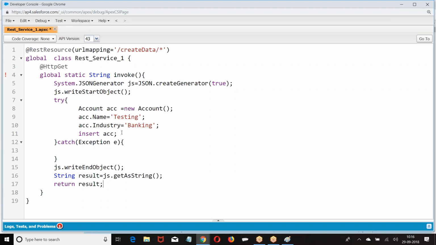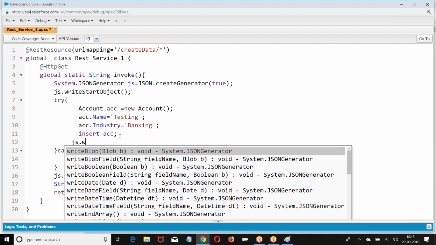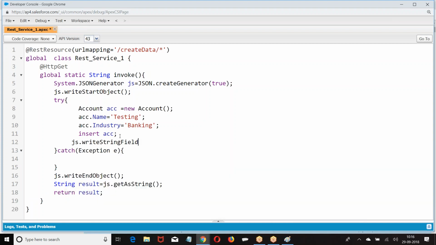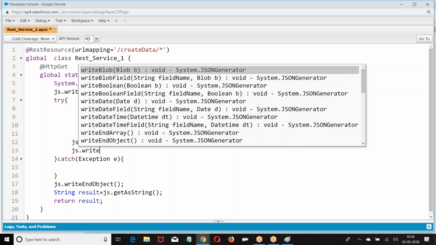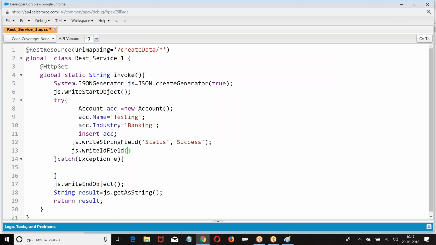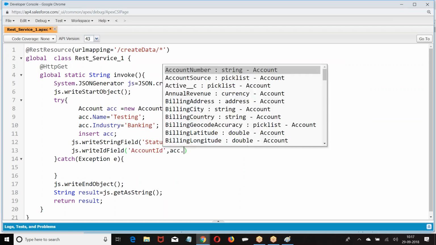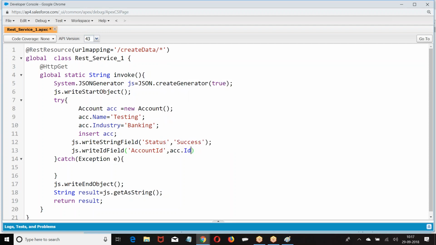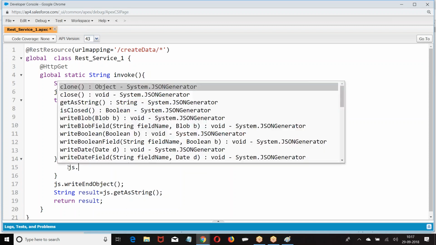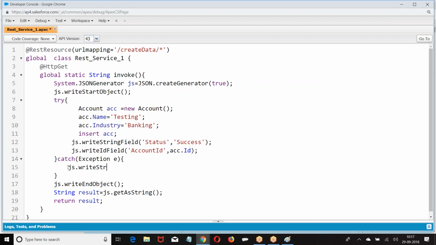Now if this is successful, what should I do? If the DML is successful, string field, then I'm giving JS dot write. If there is failure, JS dot write.